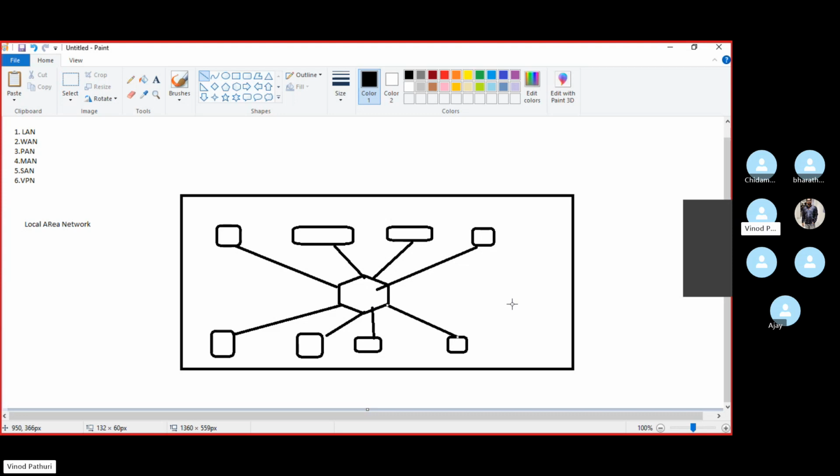This is the most common type of network. Basically, it is in a small geographical area. If you take any office, that is a small geographical area. So how big is the organization? That is within the building, right? It is not between different buildings. It is within the building or within the city. So it is like that.